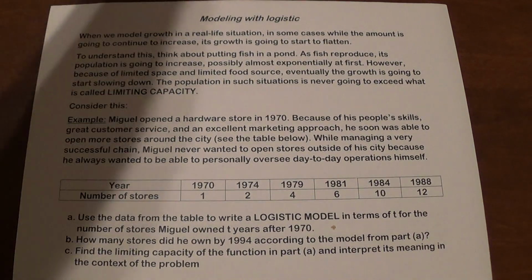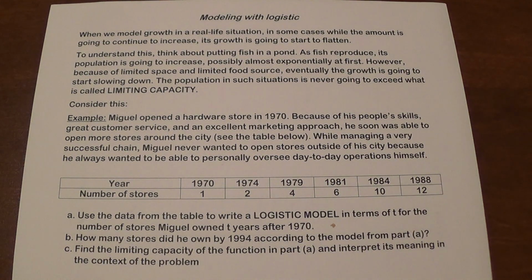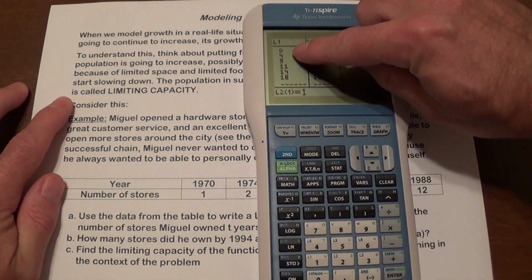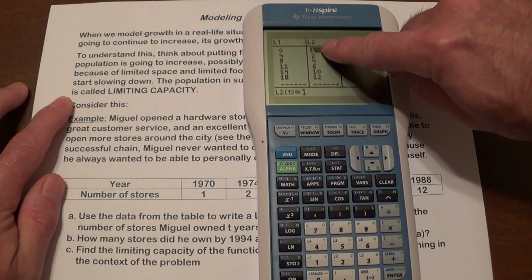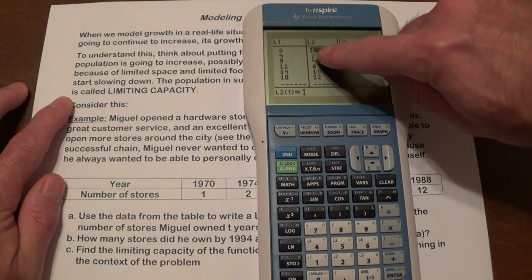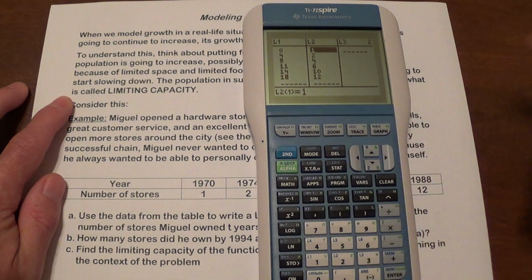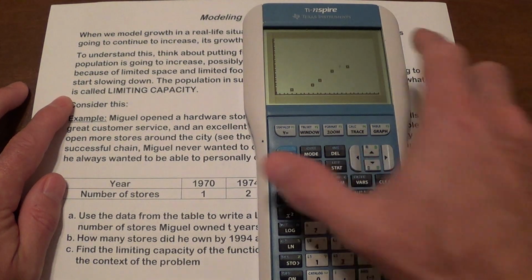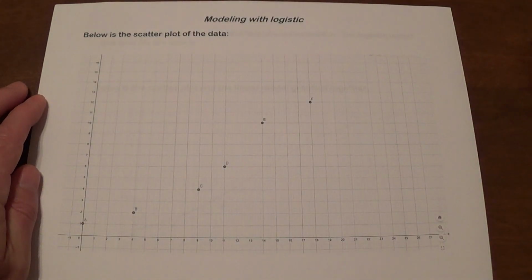Well, the first thing that I did was go into Stat Plot. Let me show you. I went into Stat Plot and entered the values. Year 0 is 1970, so it's 1 store, and 74 has 2 stores, and I put all these numbers in. So 1988 corresponds to 18 and 12 stores open. So this is what the graph looks like. Okay, I'm going to show you again here. This is our